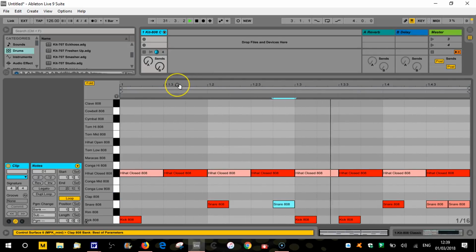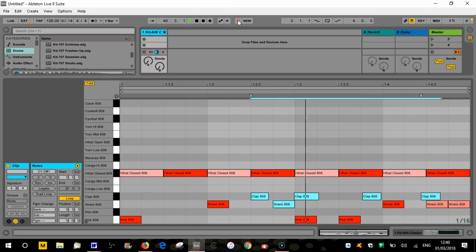So let's say I want to put that hand clap in over the top. All I would do is, if you remember from the previous video, I mapped my session record button to my number 1 button. So if I press that, that's going to activate that. And then, oop, for some reason it keeps turning off, which is very annoying. Let's just do it on the click on the mouse. That's it. For some reason it doesn't want to stay on, but anyway, there we go. So obviously we can record those in live,